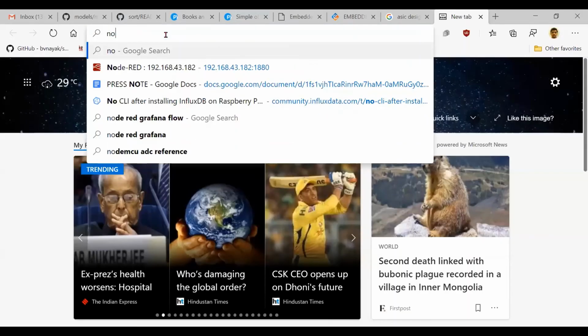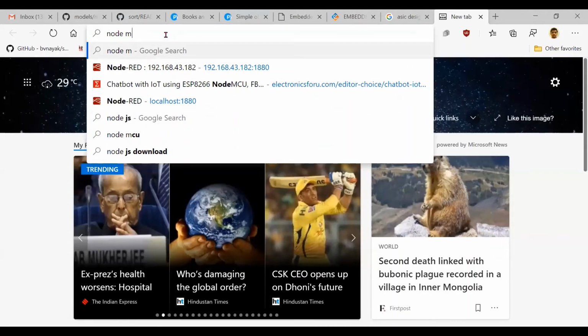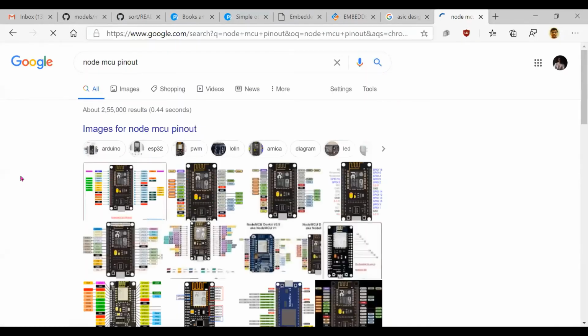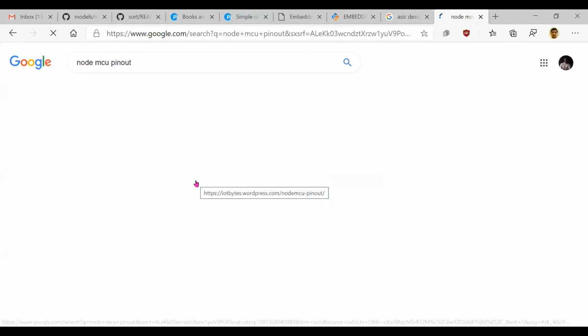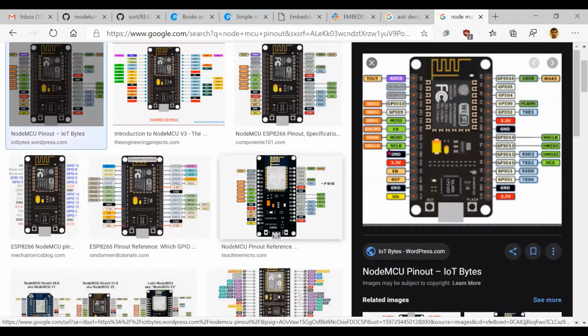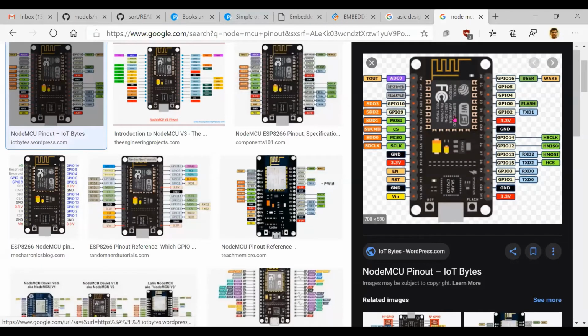So I'll just go here and search for NodeMCU pinout. Okay, so if you see this one, I hope you are able to see this. Yeah, now if you see this one,